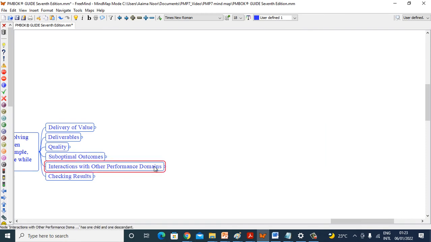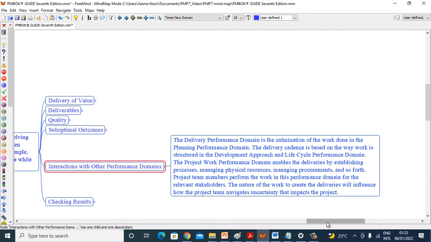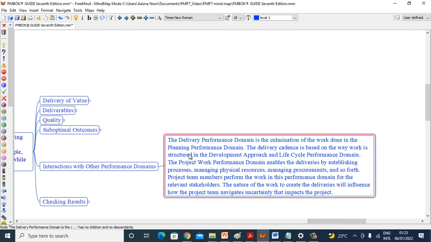Now see interaction with other performance domains. The delivery performance domain is the culmination of work done in the planning performance domain. The delivery cadence is based on the way work is structured in the development approach and lifecycle performance domain.